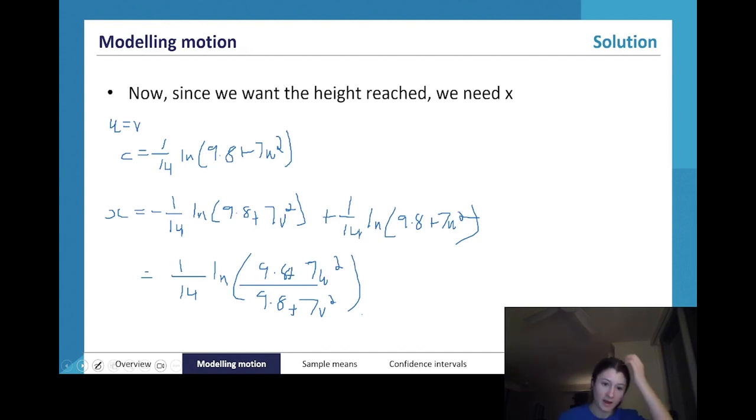Now that we have done that, all we need to do is recognize, as I was saying before, that our maximum height occurs at v equals 0. So we can just get rid of this last part here, because that would be when v equals 0. And this gives us our